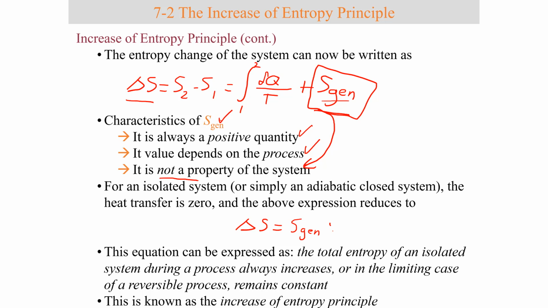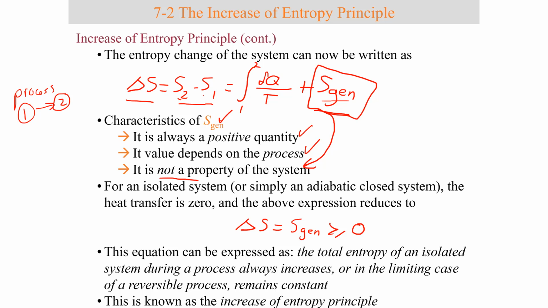Tells me that the change in entropy is greater than or equal to 0. Please, let's take a minute again to review this because this can be confusing. What is this S2 minus S1? If I have a process going from state 1 to state 2,